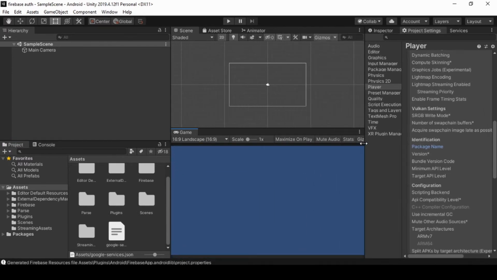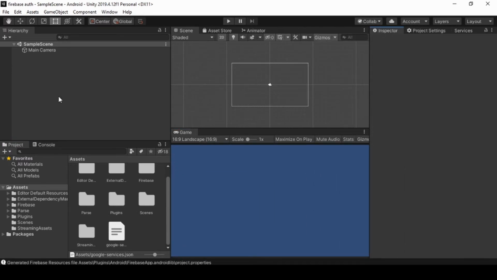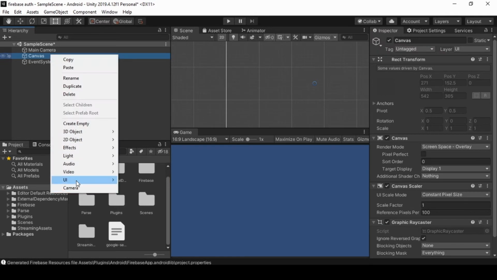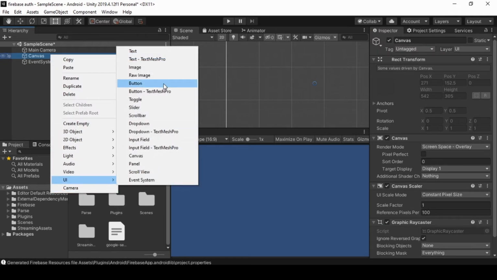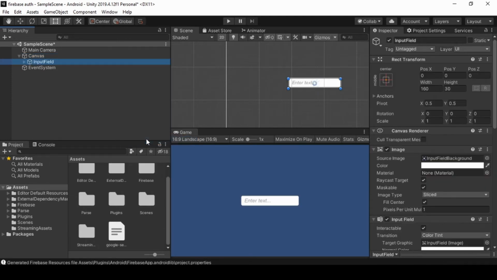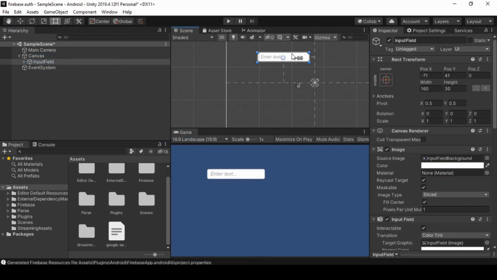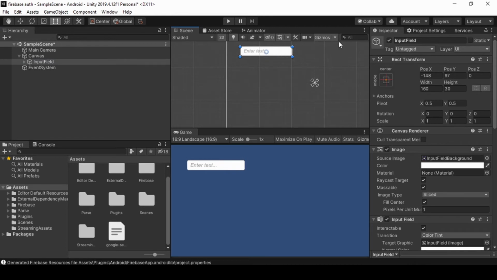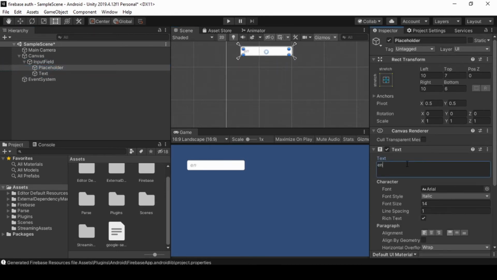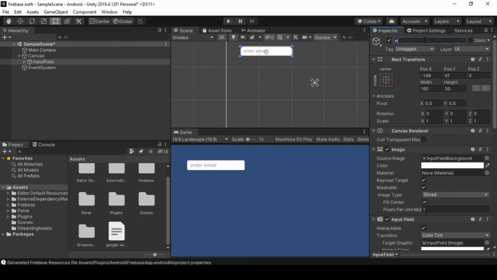Now we need to create an input field for email and password. Right click on Hierarchy, UI, and click Input Field. We need to duplicate the input field for the password.